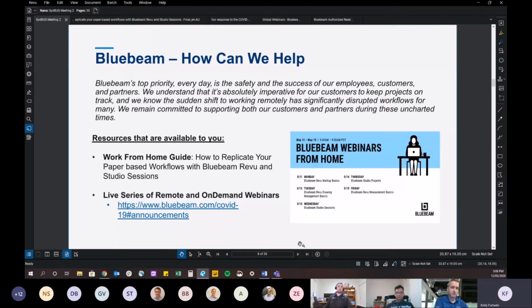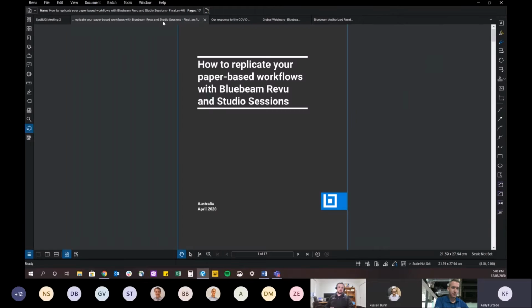So a couple of resources here for you. Hot off the press, we have a work from home guide that we have designed to help you replicate your paper-based workflows with Bluebeam Review and Studio Sessions. Again, this is completely hot off the press. We've just localized it for the Australian market, specifically for this user group. I will have a link available in the SydBUG LinkedIn user group so that